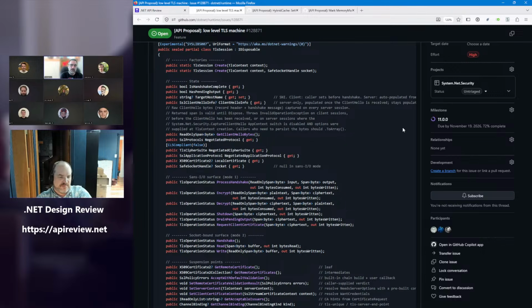And same for encrypt and decrypt: you can give it plain text and it would produce a TLS frame with your data in it, or vice versa. So that's mostly it. And then the second interface, which doesn't really exist in SSL Stream at the moment, is